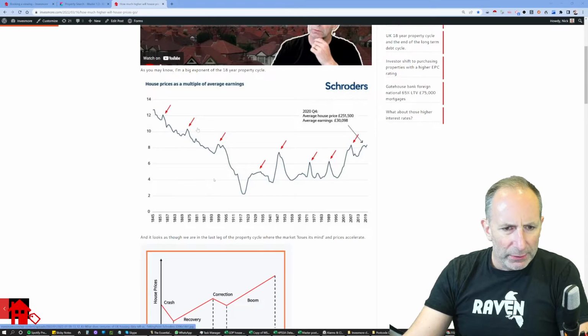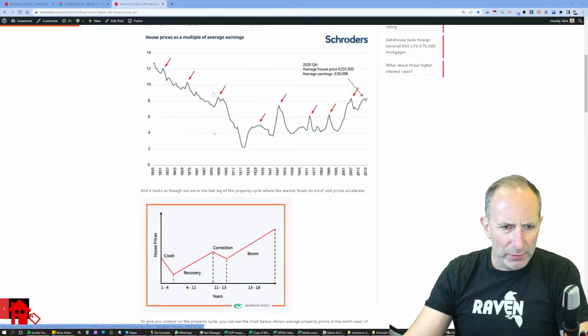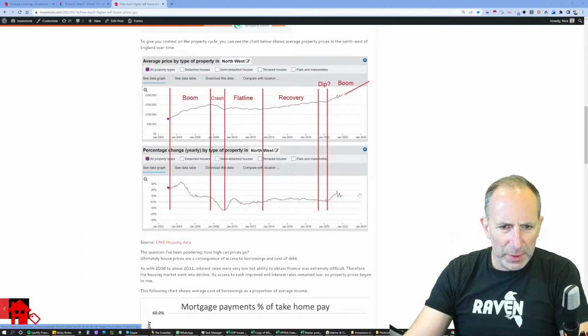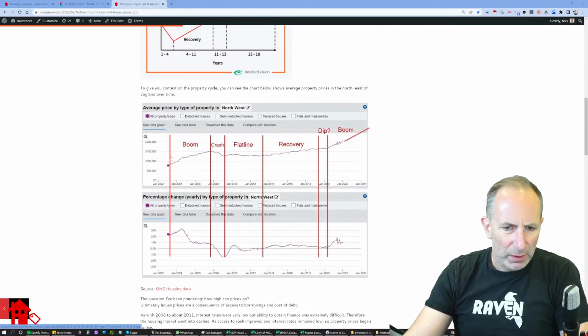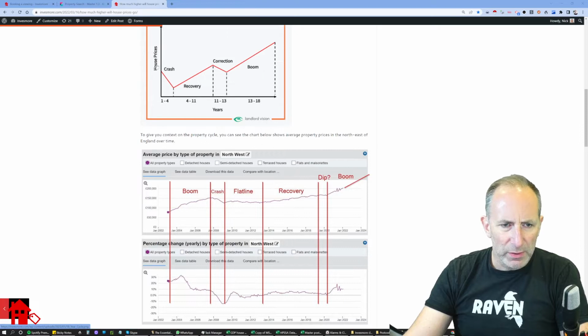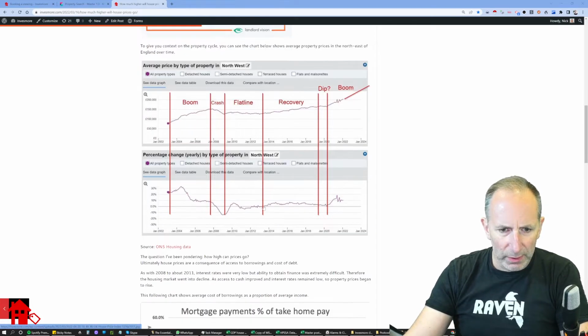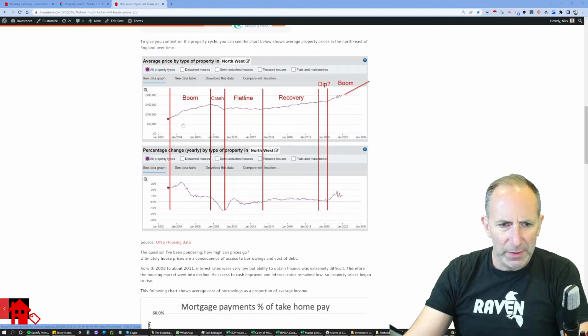Right, I'm back. And here are property cycles, and they go back way back. This is 1845 and so on. And property cycles have a particular cycle. And you have boom phase, or crash, recovery, correction, boom, etc. And you can see this mapped out here. And this is the last property cycle for the Northwest. And what makes this interesting, for me anyway, is that